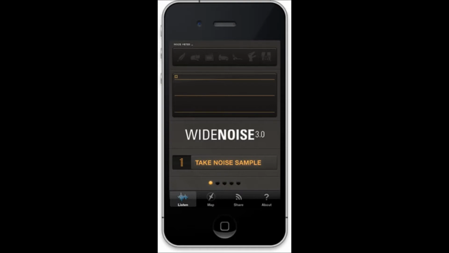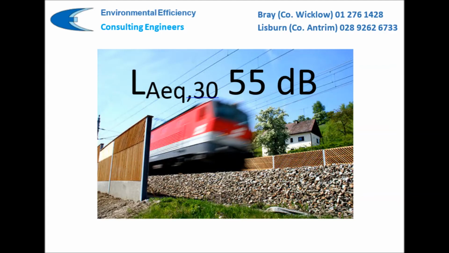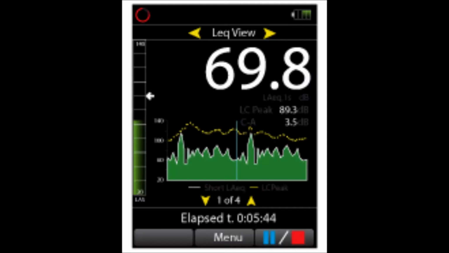You have downloaded an app to your smartphone and have measured 70 dB. This is surely a breach of the noise limits. It is not as simple as that. In non-technical terms, the noise limits are based on average noise levels over a defined monitoring period, for example 30 minutes for daytime. For noise monitoring, an integrating Type 1 meter is required. Your smartphone app is therefore useless, as it only gives an instantaneous reading and is certainly not a Type 1